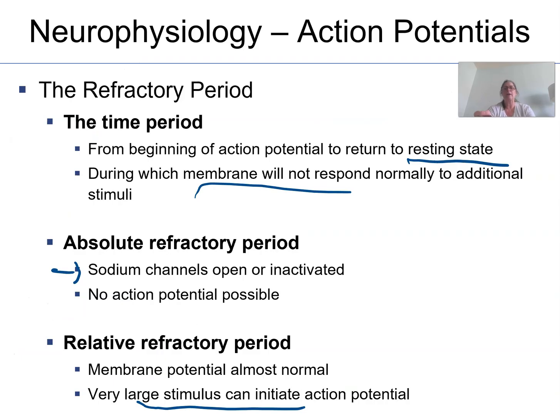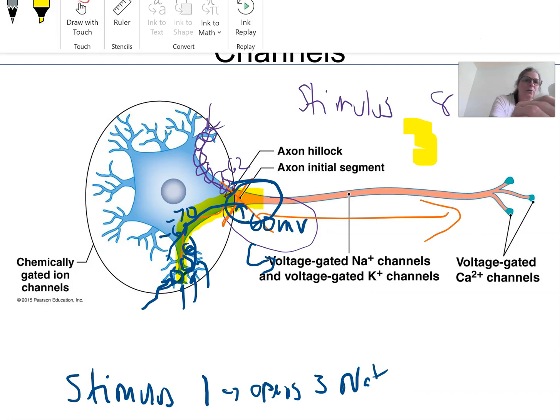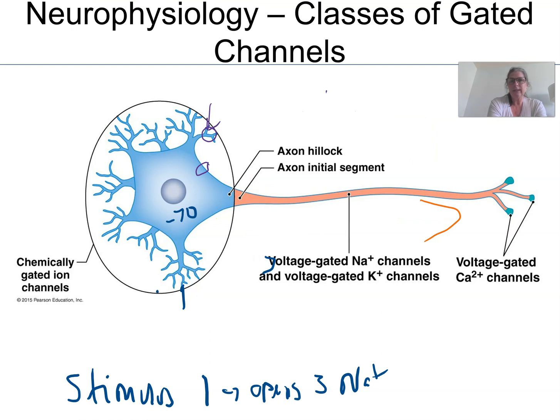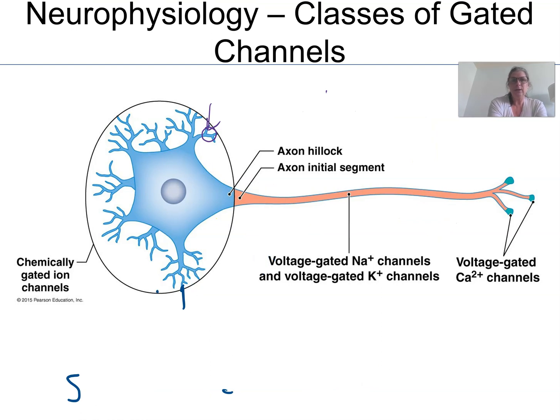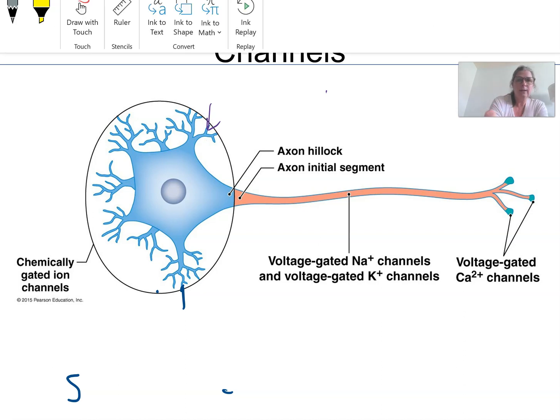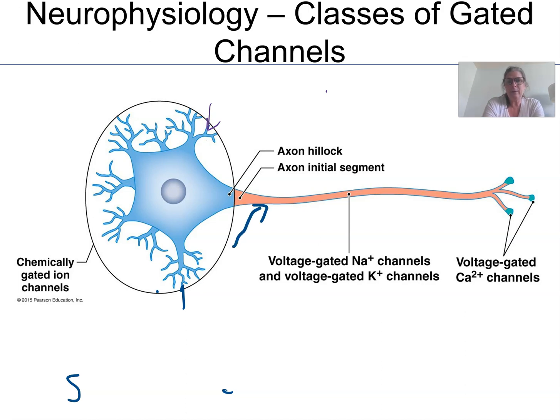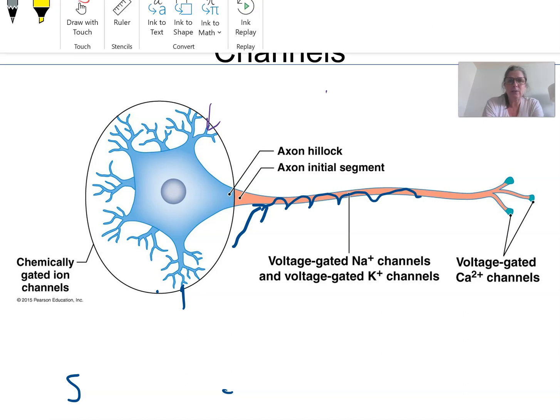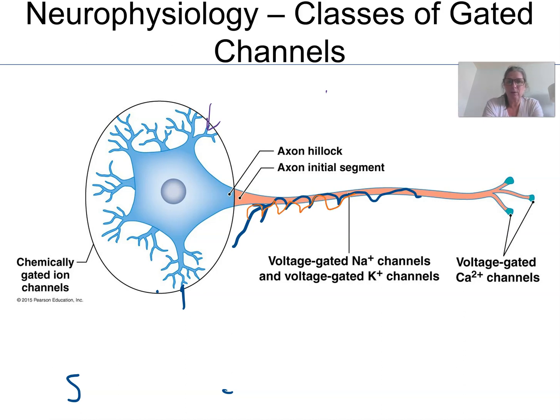Now, the absolute refractory period is pretty important for several reasons. One of the main reasons is, remember that as these ions are rushing through, it's like this wave of electricity that shoots through the axon. And so let me go to a picture of a neuron here. So if we were to look at a neuron, and we were going to look at when it depolarized, so the sodium rushes in. Remember that it's going to rush in, and it kind of spreads like an electrical wave across the cell. Remember that right behind it, it's going to reset. Potassium leaves, so you can reset it.